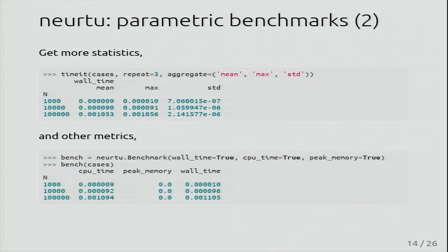Interesting here, the peak memory is 0, although actually the sort function returns a copy of the data at least. But what happens is that by default we use the memory profiler, and it samples with a frequency of 0.1 second, while the runtime here is below that value. Which means that essentially we need to adapt our peak memory measurement as a function of, for instance, the wall time we measured. So it's essentially a fairly difficult problem.